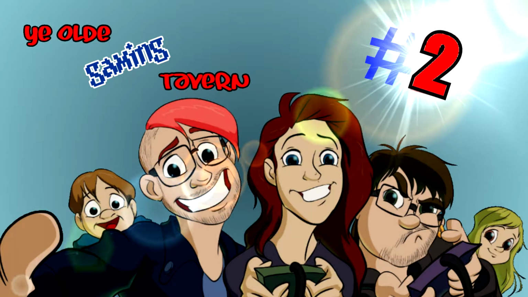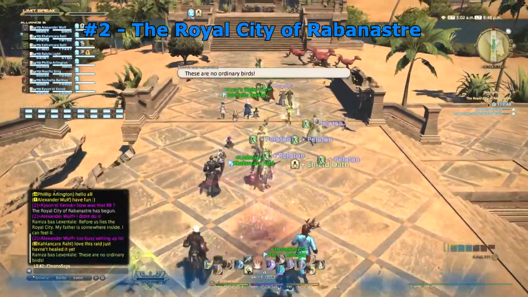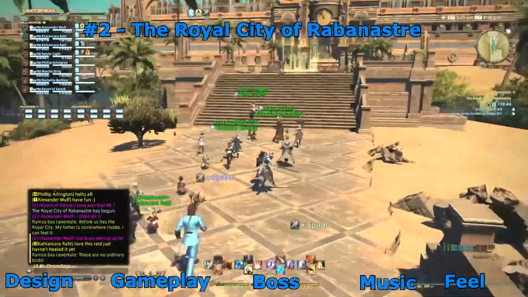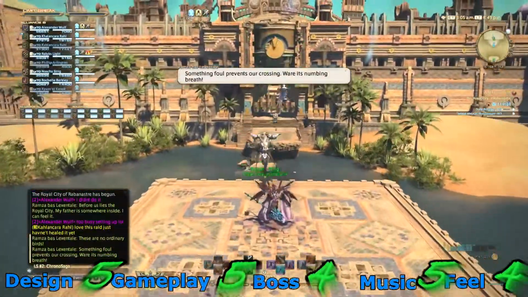Numero 2. I mean, you all knew this one was going to score super high on the list, so don't even try to hide it. Rabanastre is nothing short of one of the best raids ever designed for this title, and the fact that it is actually a 24-man raid only accentuates how grandiose the entire endeavor of coming to Rabanastre actually is,